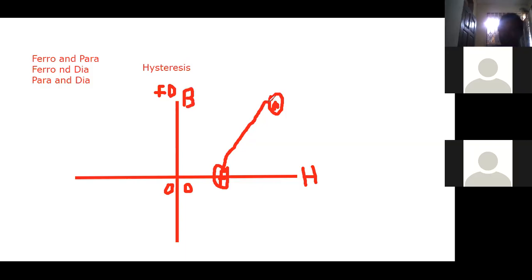Now when we get to this point and we decide to demagnetize it, it wouldn't pass through the same curve, it will pass through another curve, because it will need another force to get it back to zero. So that's how the curve looks. When you get here, you can name here R. It will come and pass through here. Here, you can also name C. Then from there, it can come to the negative R and come to zero.